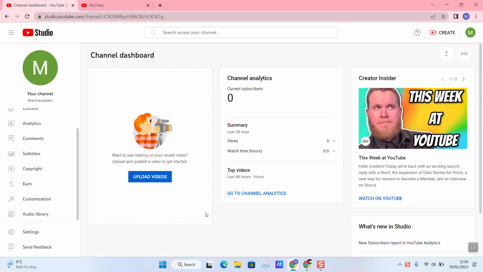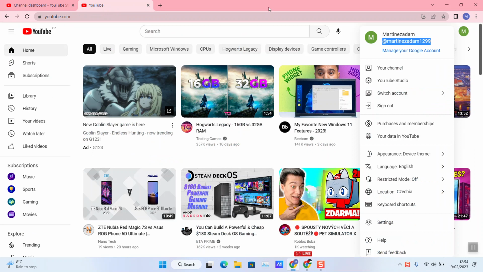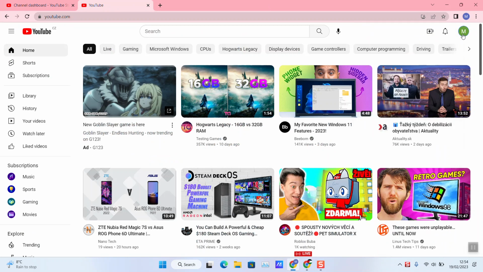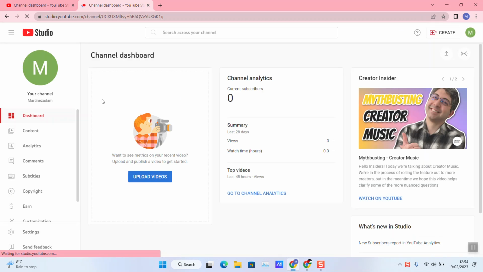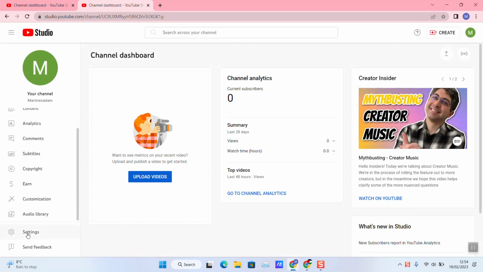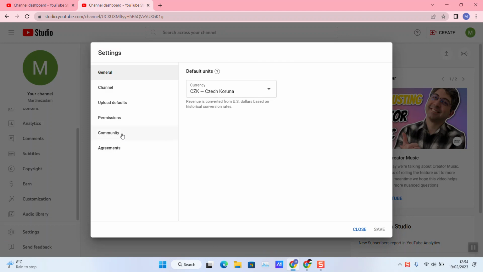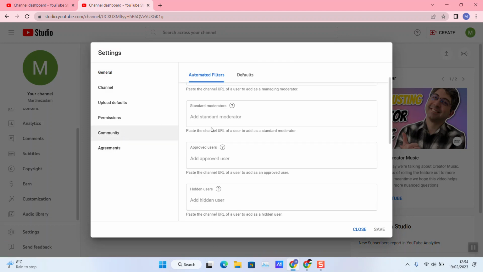The next step, you want to go to your YouTube channel. So open YouTube, sign in, click on your YouTube channel's picture, click on YouTube Studio, scroll on the left side and go to Settings, Community, and here in Standard Moderators, you can paste his ID